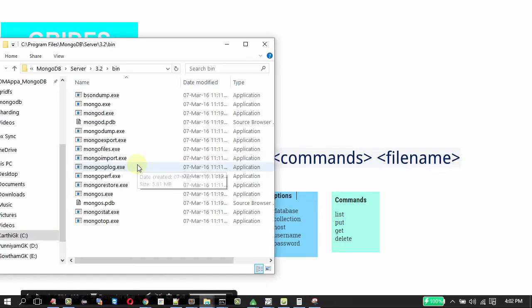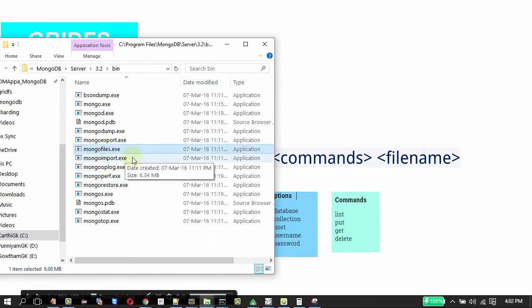This is the bin directory of MongoDB. You can see mongofiles under this. It's here, along with the Mongo executable files. We are going to use this one, mongofiles, for our GridFS.